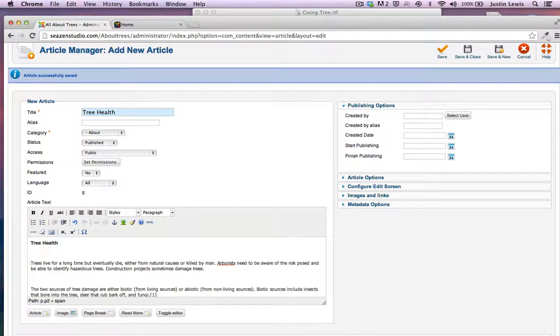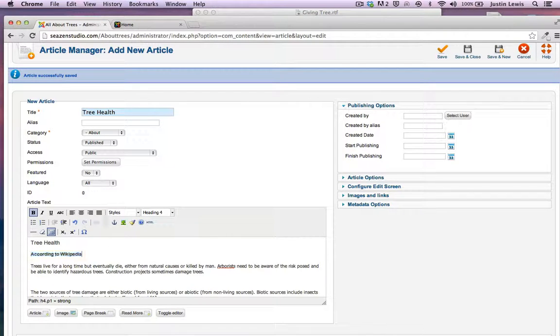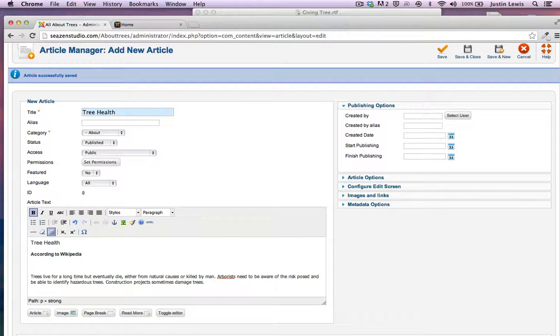Okay, what I want to do here is, oh yes, we got to put according to Wikipedia on here, just because. So I'm going to go ahead and unbold this. Unbold, and I'm going to make that a heading 2 again, and I'm going to select all that and make that a heading 4, and below it I will type this just in,